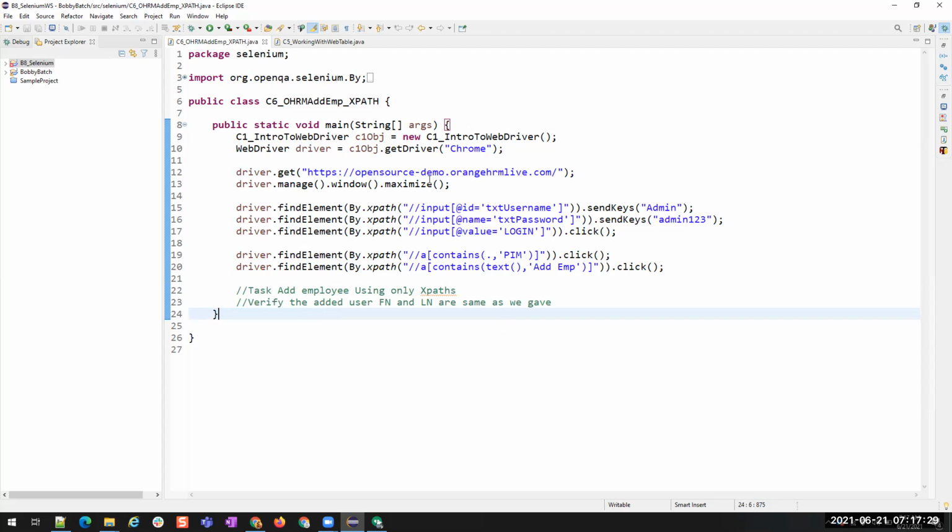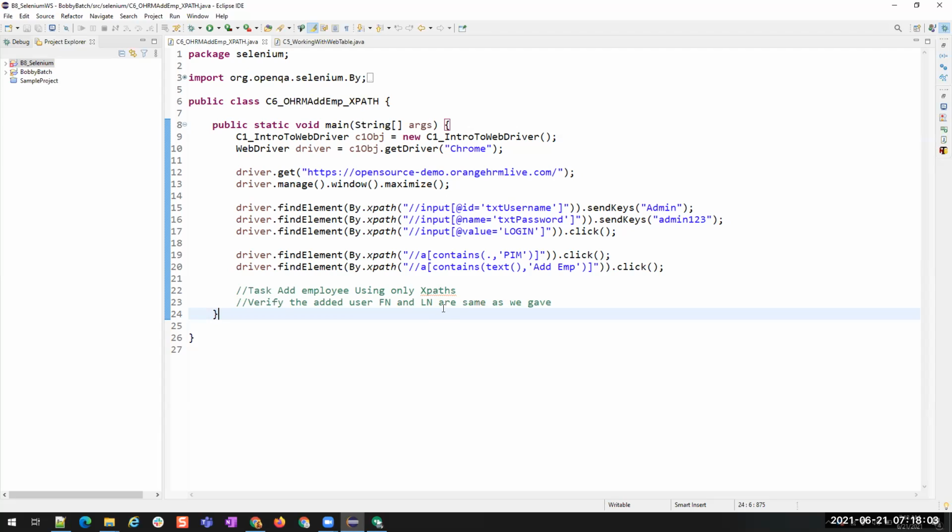In XPath, we have learned so many things: finding the elements using their own attributes, finding the elements using related attributes, I mean, nearest elements like the parent or sibling, and using some methods of XPath, contains method, text method, and also we have seen the usage of dot in contains method. And we have seen following sibling, preceding sibling, parent, ancestor. So these kinds of keywords, methods and XPath usage we have seen in our previous session before the weekend.